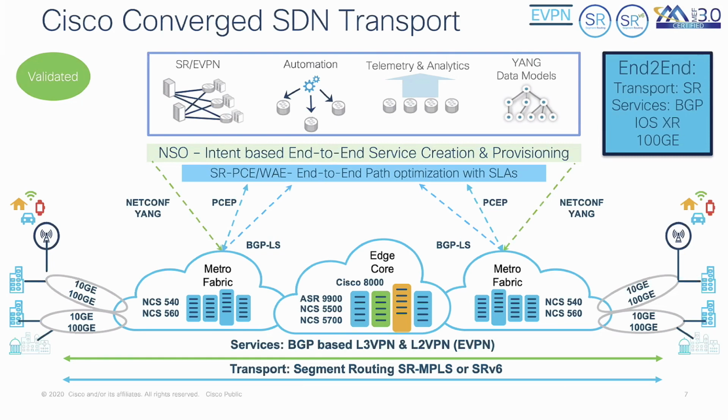We can also integrate our, let's say, older IOS XE platforms, 900 series. And we can run up to 100 VD to cell site, for example, to access. All right. So first, let me cover quickly NCS 560, and then we will focus more on 540. So 560